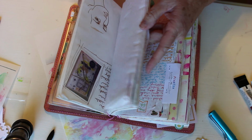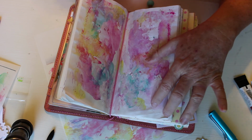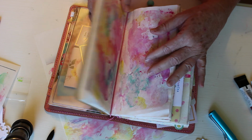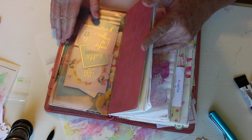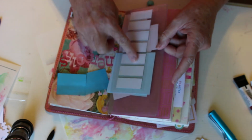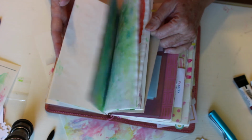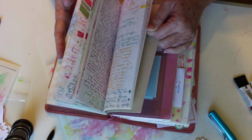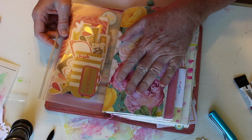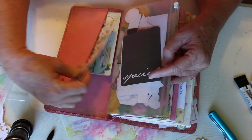Sometimes I do a lot of pre-prep too on my pages like this, so it's ready to go. In fact, right now I'm trying to prep a bunch of pages for a 5-hour flight Wednesday morning from here to Vegas, and so I want to do a lot of catch up on my journaling. And then this insert, I just try to keep things I can add, little cards, flags and whatnot. Now this here is a book that I'm working on, a memoir. I'm kind of keeping track of what's going on in my life in that booklet, so that stays with me too. And then here's a bunch of more little journaling ephemera, and then I always try to keep some sort of